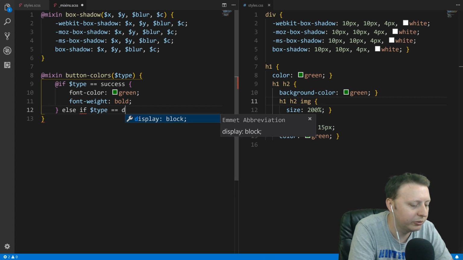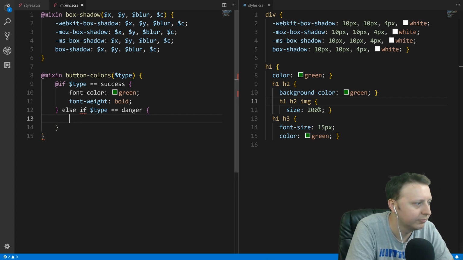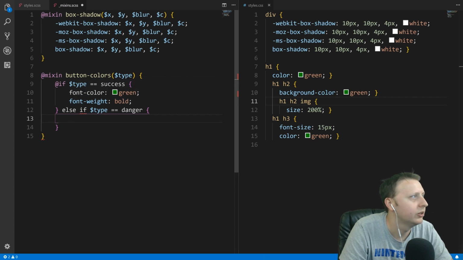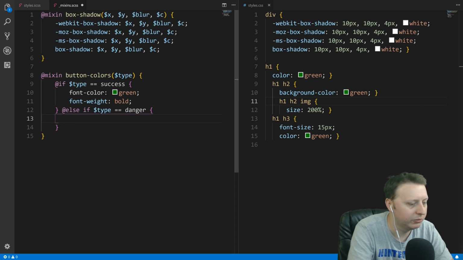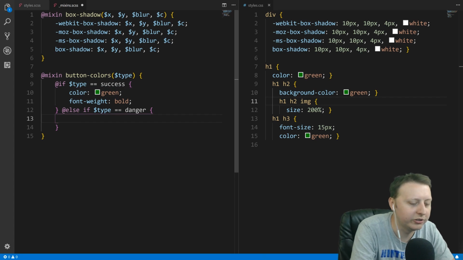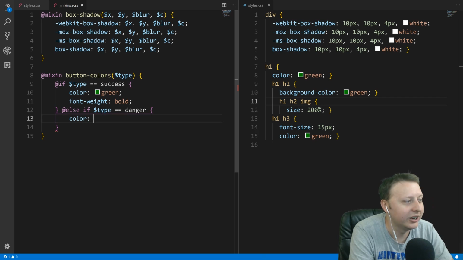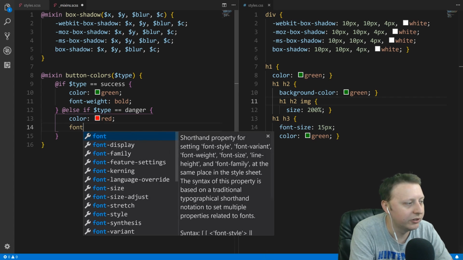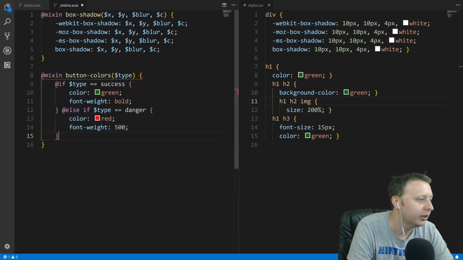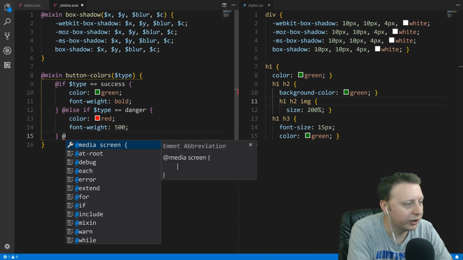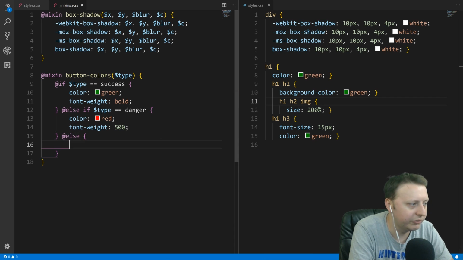Else if it is equal to danger. What is this complaining about? Oh, at else if, excuse me. There we go. So at else if, and then there's no such thing as font color. I've been quite literally typing font color since the day I started doing CSS like 5 years ago. I can't help myself. So color is red, font-weight might be, I don't know, we'll say 500. And then there's also an at else, where if it's none of these values, we'll just say color is gray,